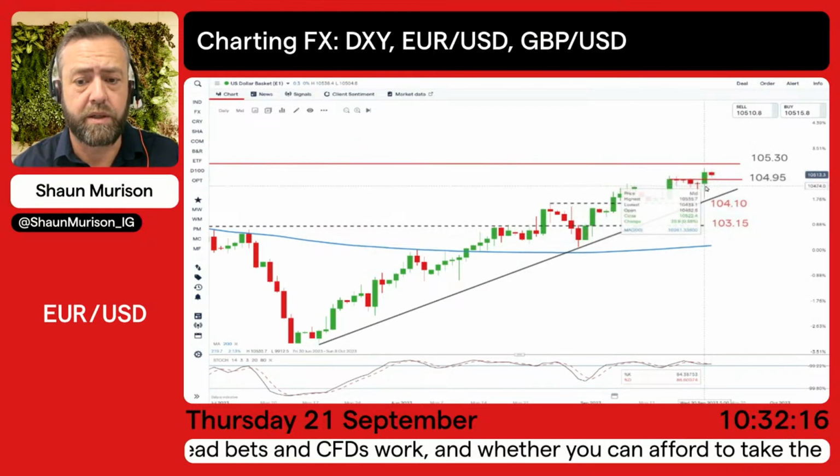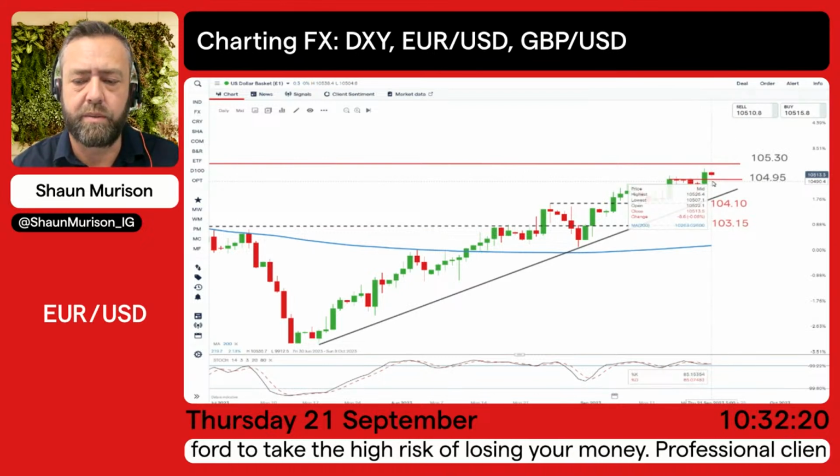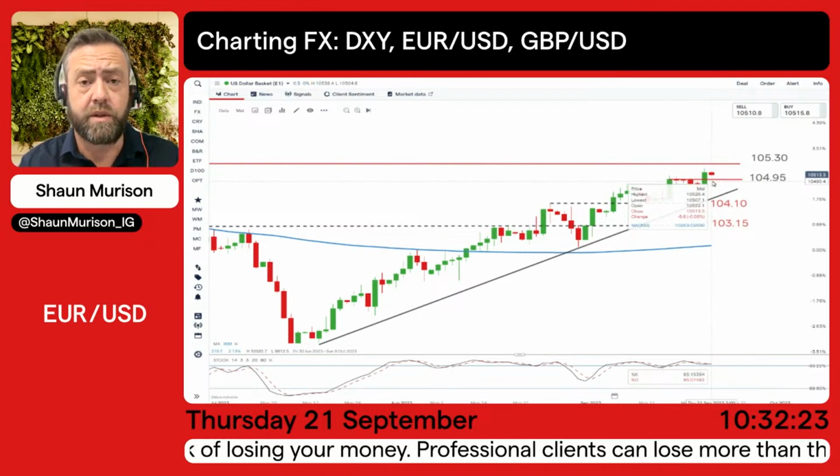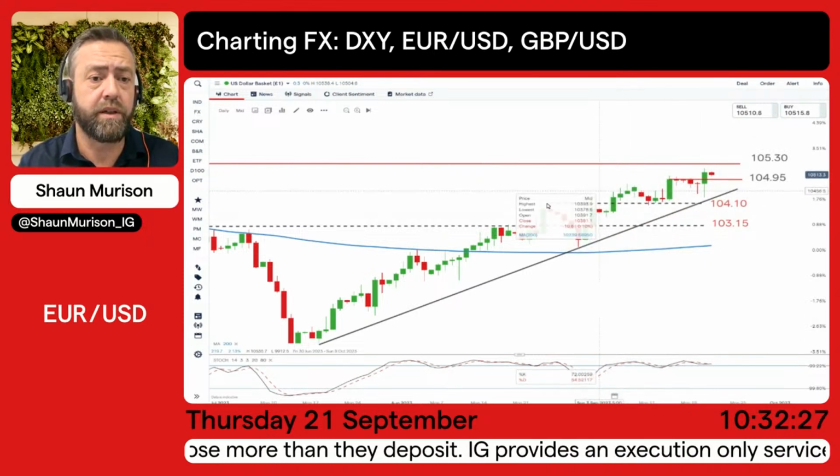Bit of a tricky one when you're trading at short-term highs. Like I say, my preference would rather be to see a bit of a pullback on that dollar from overbought territory. Sometimes waiting for those pullbacks, you do end up missing out. So looking at the euro dollar,